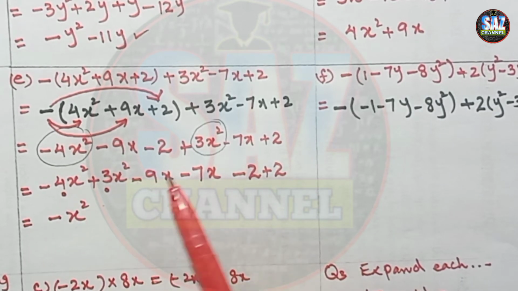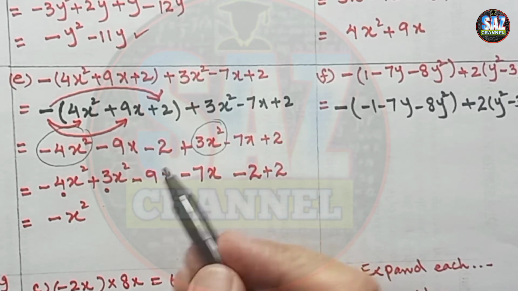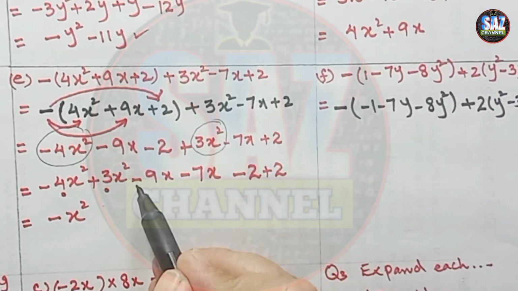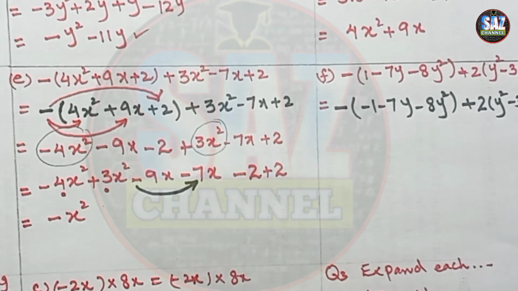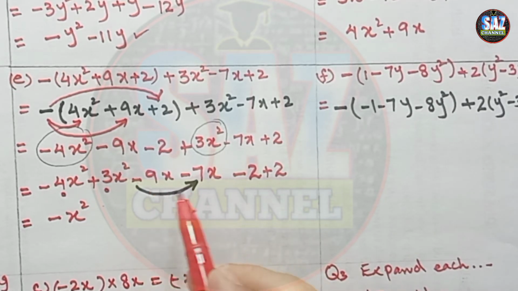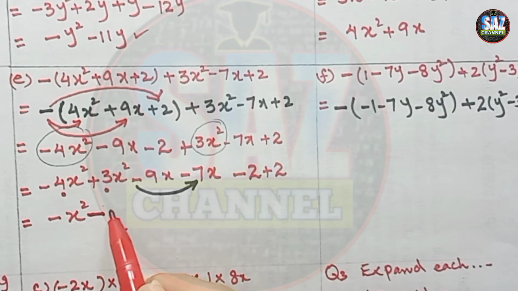And coming to the second part of the question, we can see that 9x and 7x both have the same sign. So according to the rule of integers from D1, if you are not clear, you have to see the concept from there once again. 9 plus 1 is 10, plus 6 is 16. I have to add up the coefficients, but the sign will be the common sign, and this is 16x.